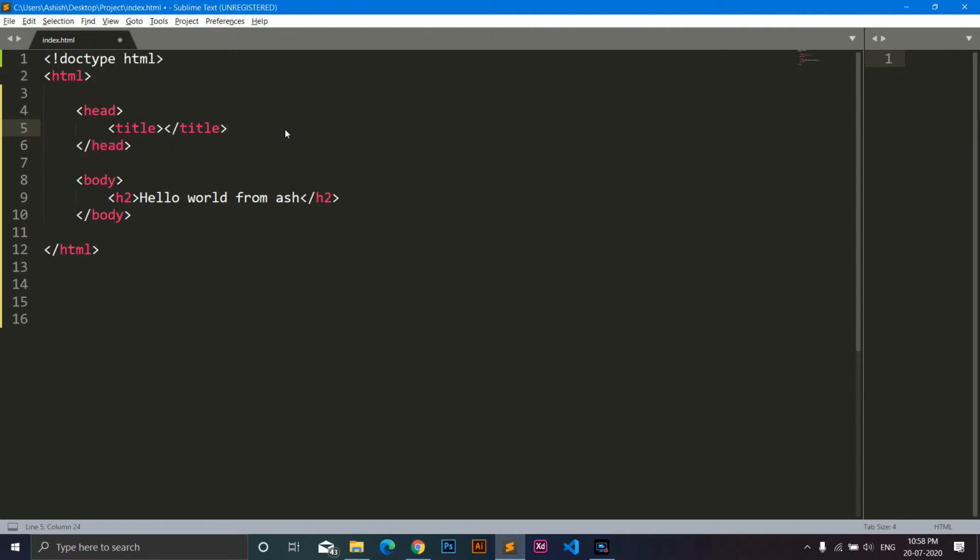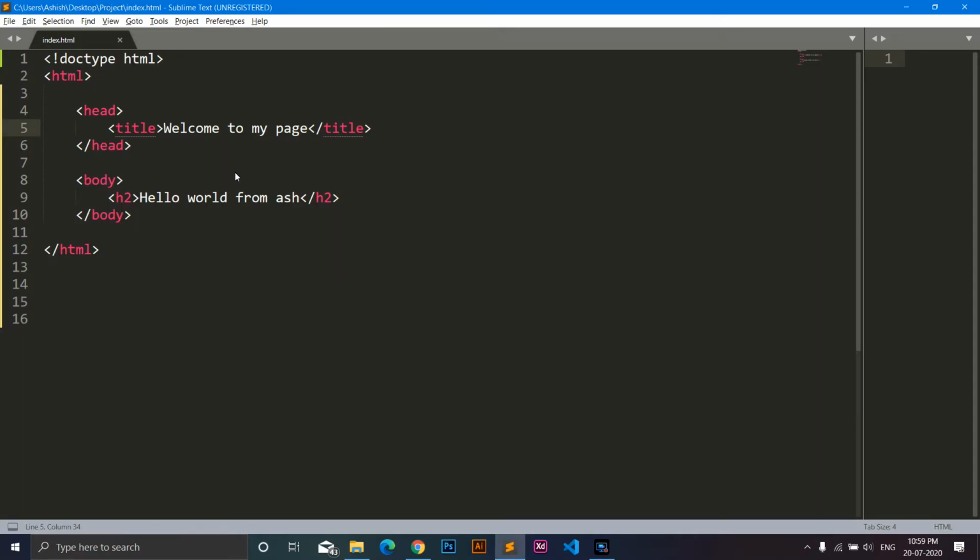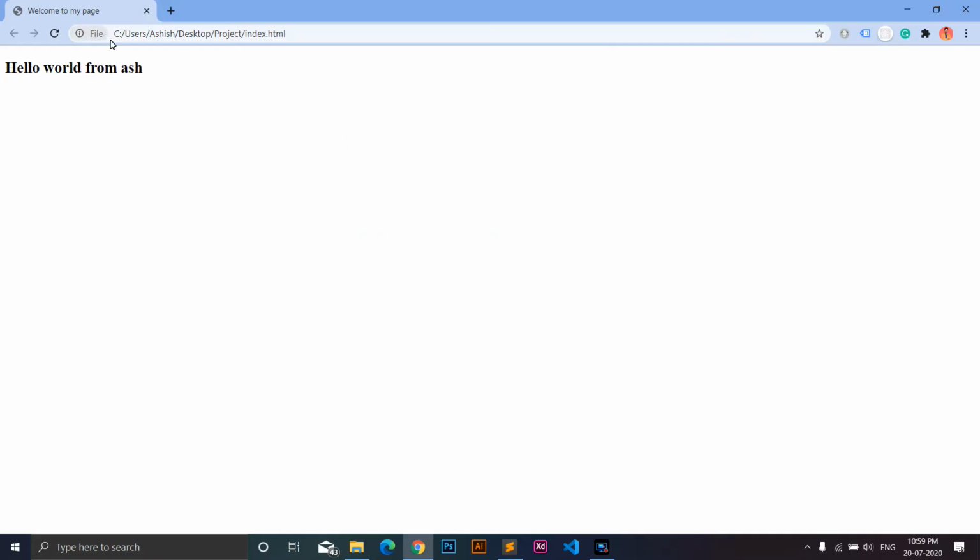Okay, here you see, as soon as I press the slash button, it completes the closing tag for us. So this is why we are using Sublime over Notepad. Whatever we write between the title tag is going to appear at that place. You see, welcome to my page.